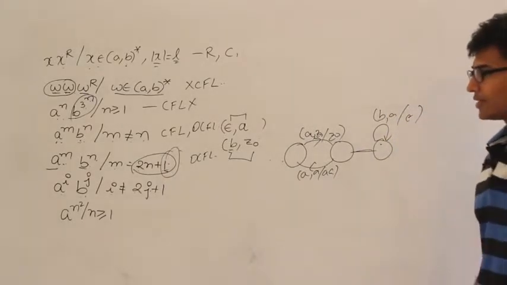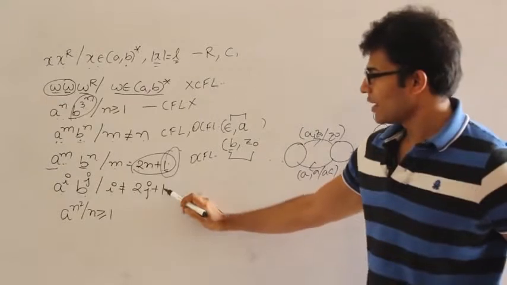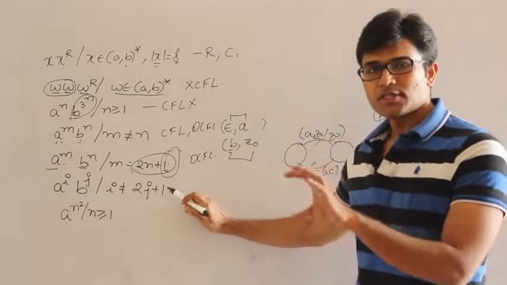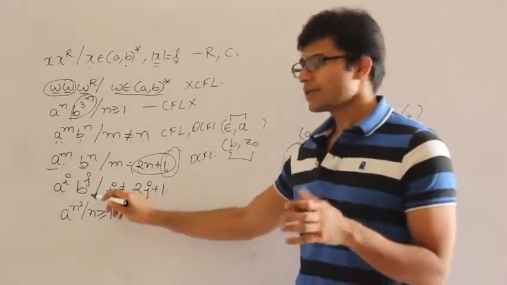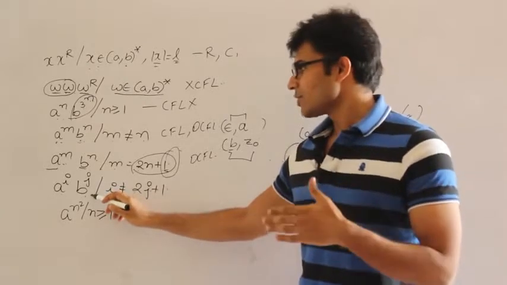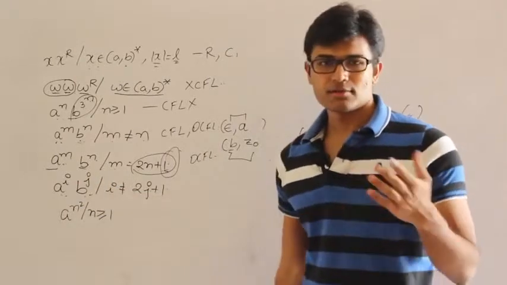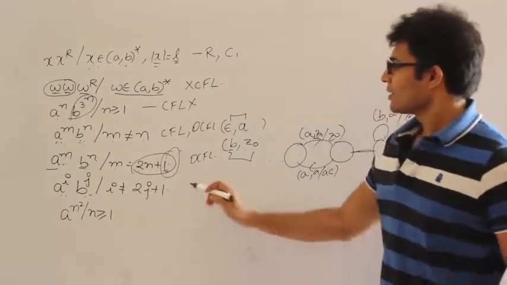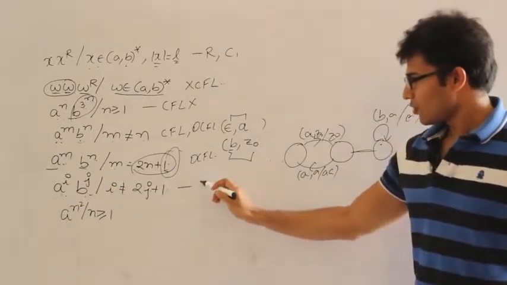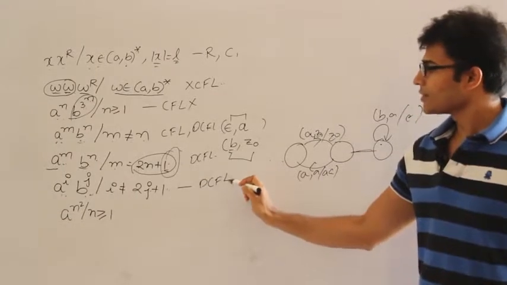So we have already seen for i = 2j + 1, you have to check, when you are popping b's, whether by the time b's are over a's are remaining, or by the time a's are over b's are remaining. That kind of comparison could be done. Therefore this is context free. Moreover it is a deterministic context free language, right?